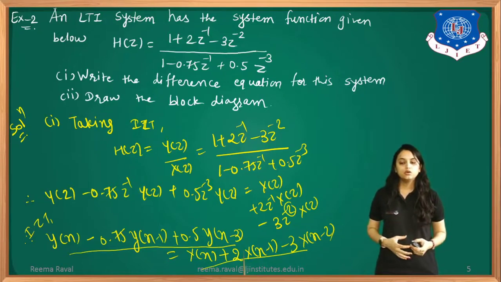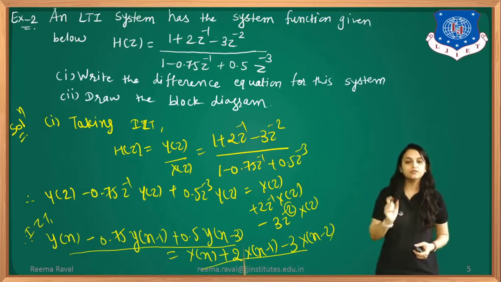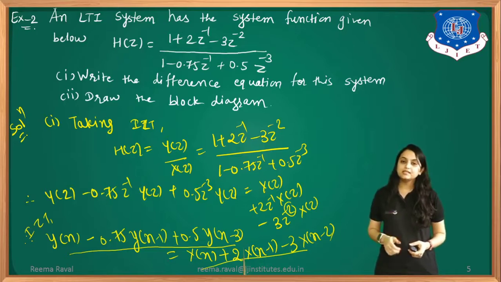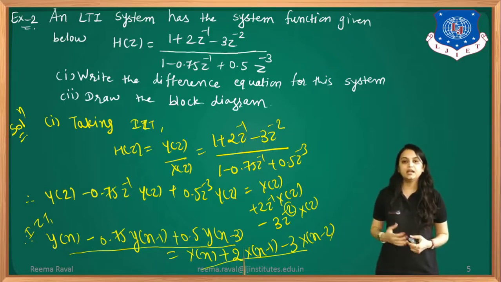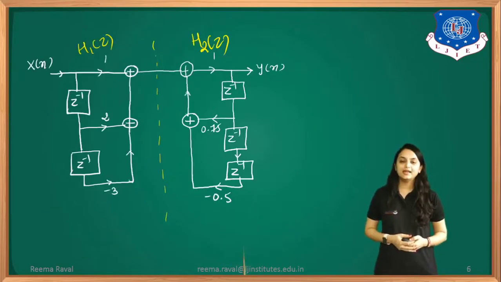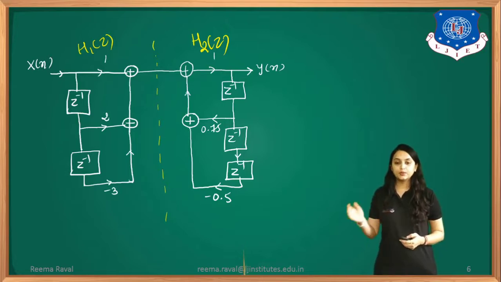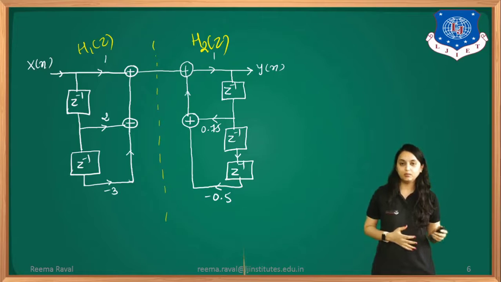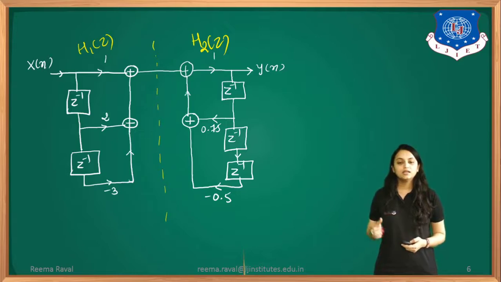Okay? So if we take the inverse Z transform, whenever z inverse is there, we will write n minus 1 in the bracket. When z to the power minus 2 is there, we will write n minus 2. For z to the power minus 3, we will write n minus 3. According to that, our system transfer function is designed. As you can observe, here H1 is taken as the numerator part and H2 is taken as the denominator part. So this is the direct form 1 structure. Using the first part, we can obtain the numerator function. Using the second part, we obtain the denominator part. Okay?